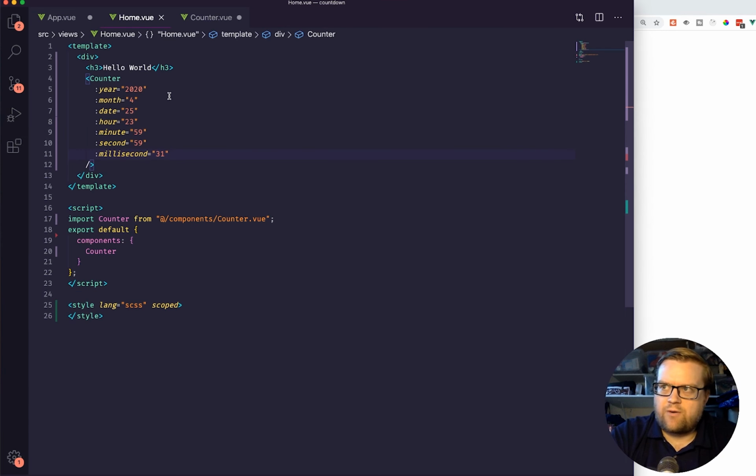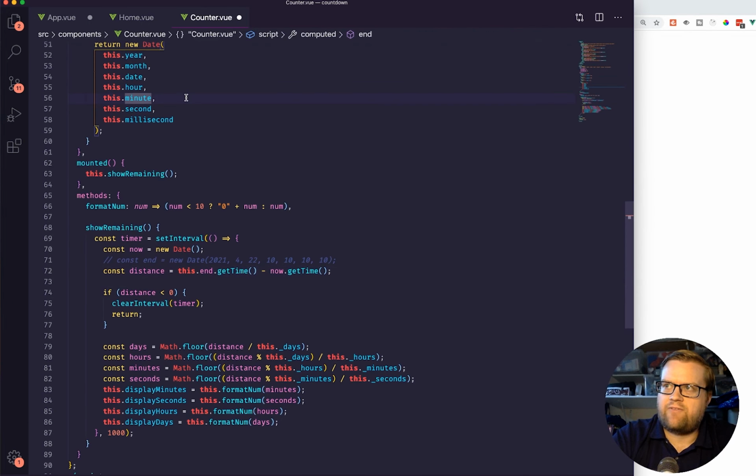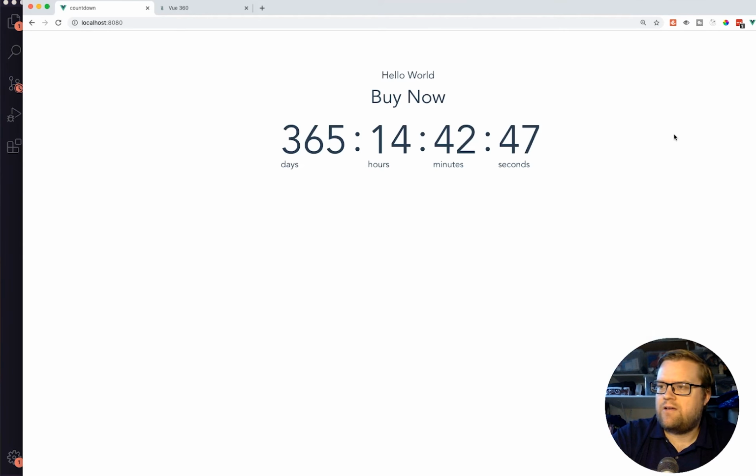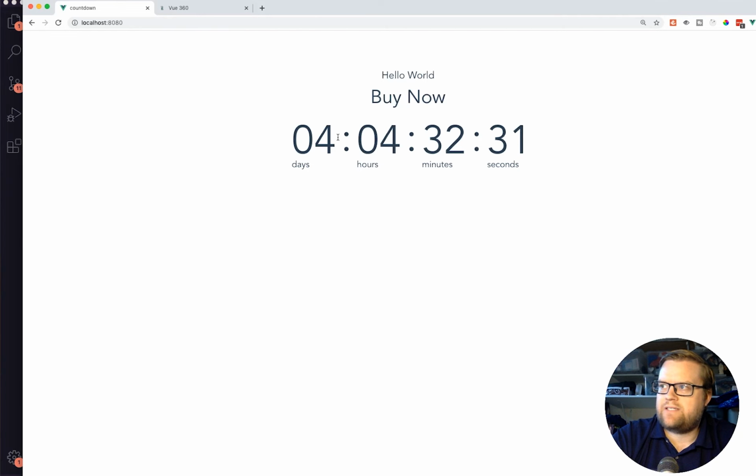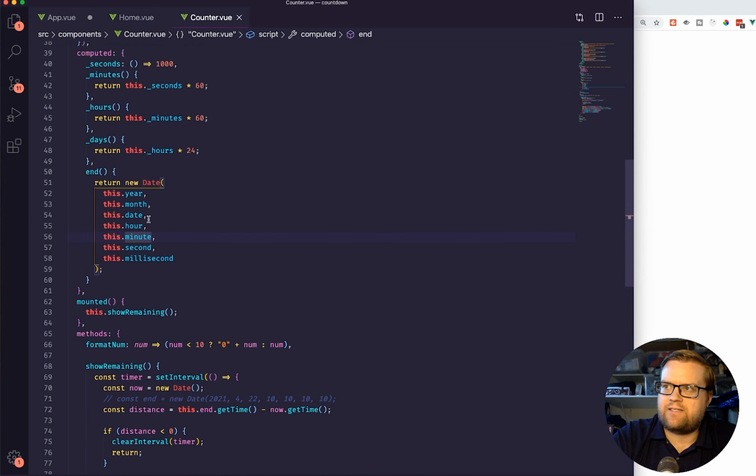Okay, cool. So now we have added in the countdown. With everything in, I'll put 2020, date 25, and then I'll just save it here. And let's see if it works. All right, so it says 4 days. Looks like it's working. Now there's a few things also we can do to make this a little bit more